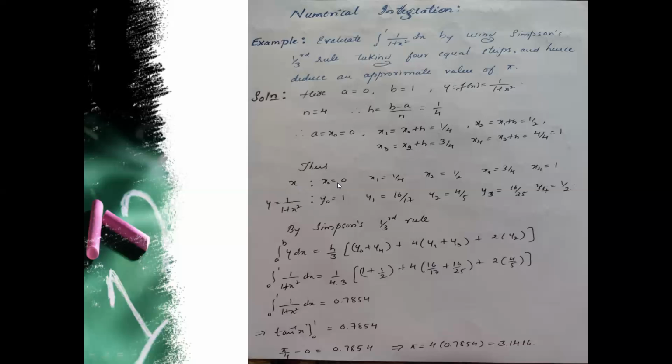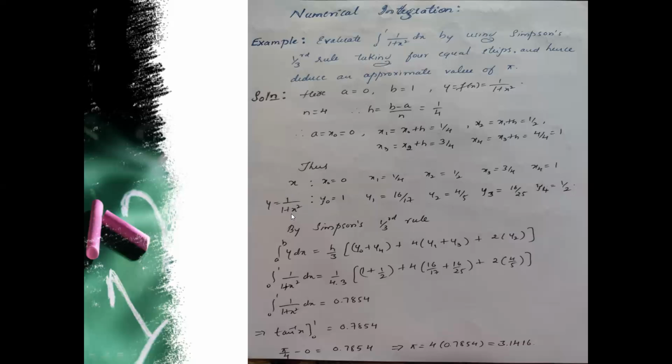x values: x naught is 0, x1 is 1 by 4, x2 is 1 by 2, x3 is 3 by 4, x4 is 1. Now correspondingly y is 1 upon 1 plus x square. Now substitute the values, or write this equation in your calculator and go on giving these values of x. Nothing wrong if at all you keep the values in decimals. It is according to your convenience. So 1 upon 1 plus x square is the function. Put x equal to 0, we get 1. Putting x equal to 1 by 4 here, we get